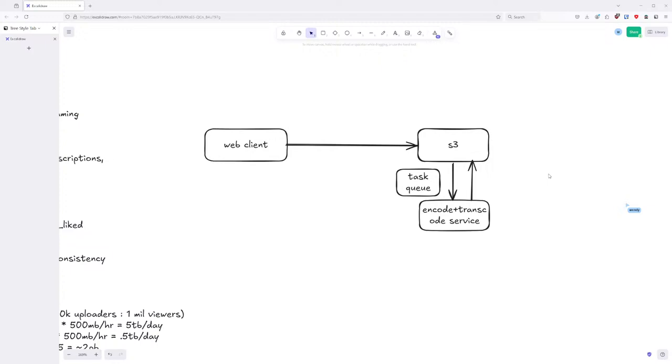I think both will work. Yeah. Okay, that's good. I was just assuming that without the task queue, the service would have to handle all the videos that the client sends, and if they can't handle them, they'll have to be dropped. But yeah, because we stored the videos in the S3 first, the S3 is acting like a queue at this point, so it should be fine. Yeah, that's fine. Let's move on.